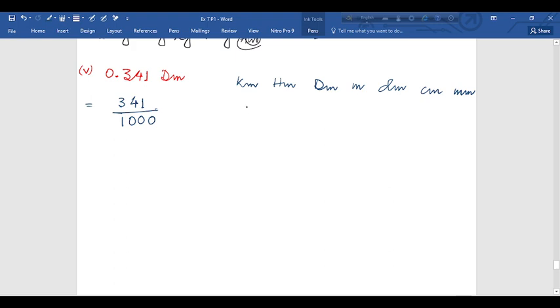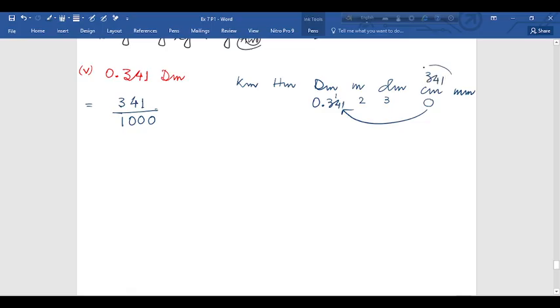Now we have made it 0.341 decameter. That means we had divided by 1000, so we came back 3 steps from the right hand side. 3 steps means this is 1, 2, 3. That means we started from here and came here. So initially it was